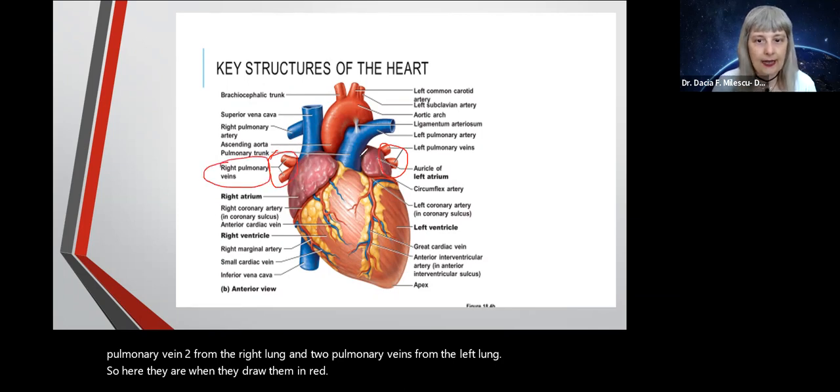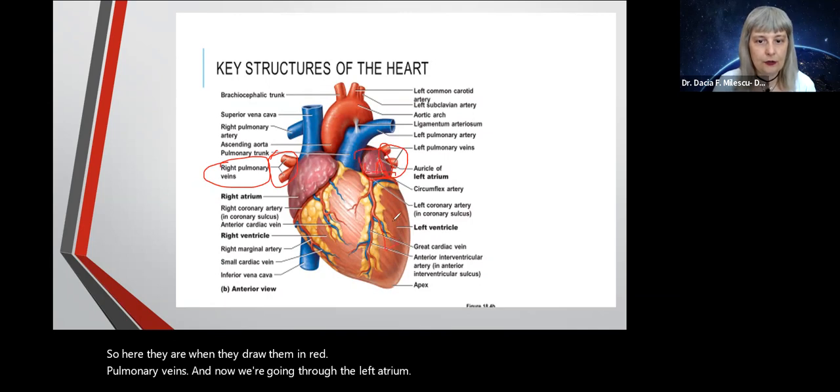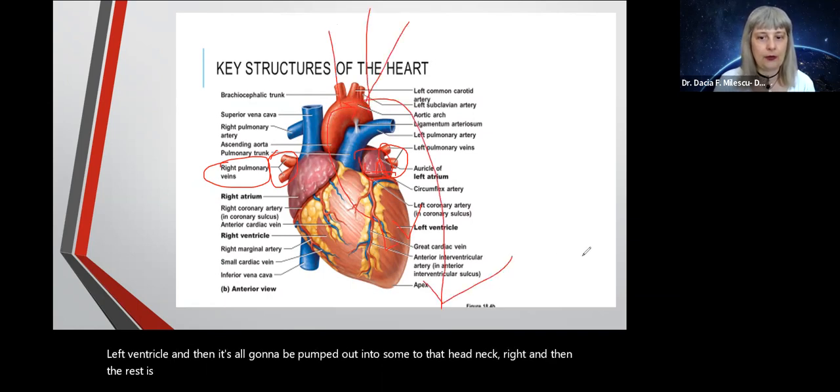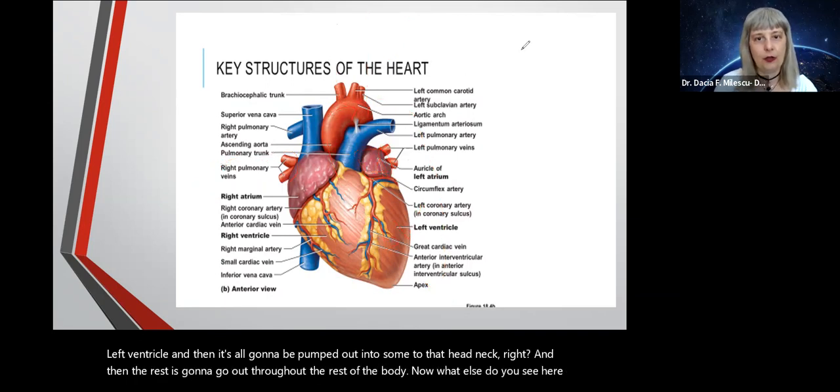Pulmonary veins. And now we're going through the left atrium, left ventricle, and then it's all going to be pumped out into the aorta, some to the head and neck, right? And then the rest is going to go out throughout the rest of the body. Now, what else do you see here? Well, you can see